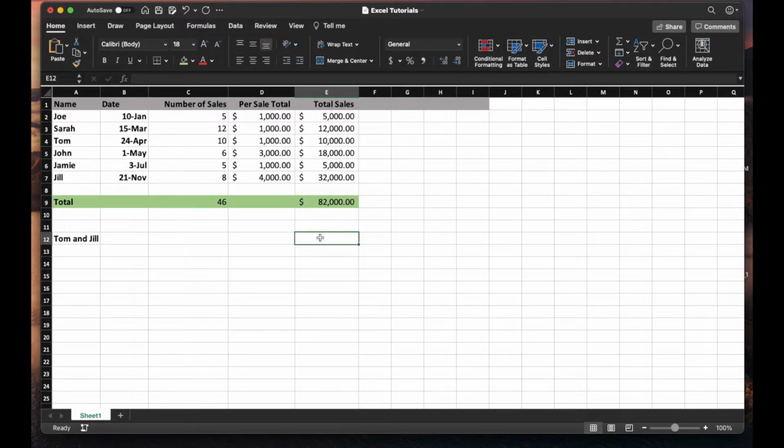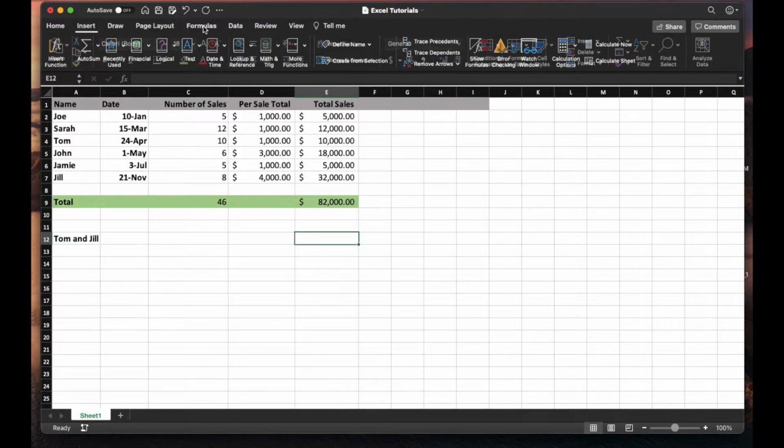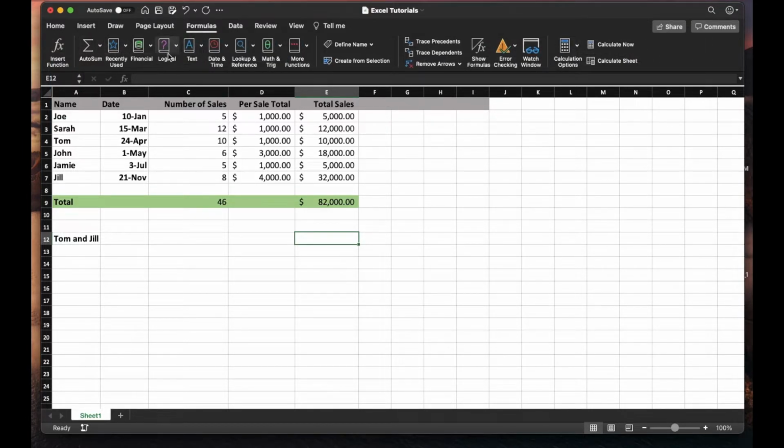So first I'm going to click on the cell that I want the data to show up in, and then we're going to insert a formula. Now there's a couple of ways of doing this. You could actually come up here to your little formulas option, and as you can see there's a bunch of different formulas that you can use. I'm actually going to show you how to do this manually just because it's actually easier for me once you